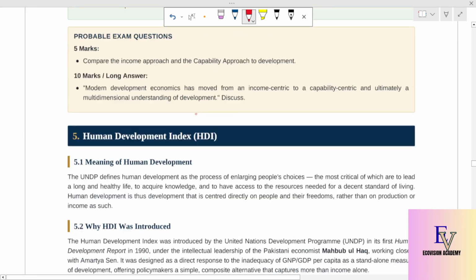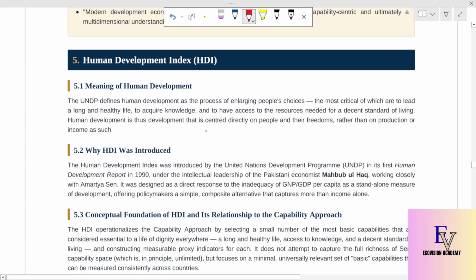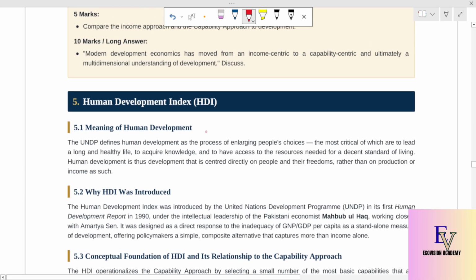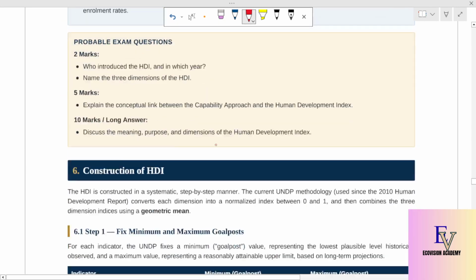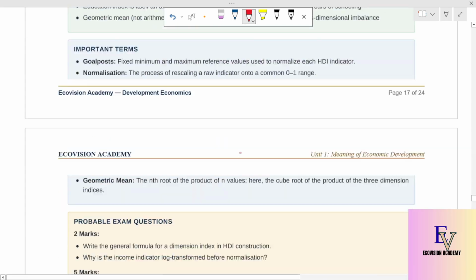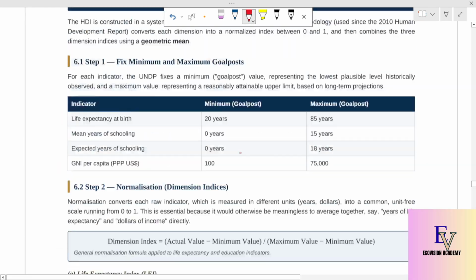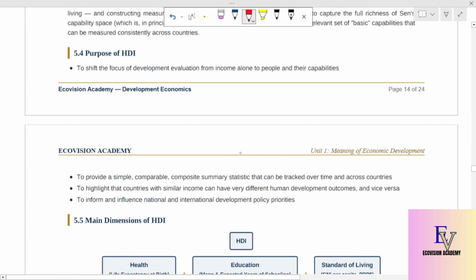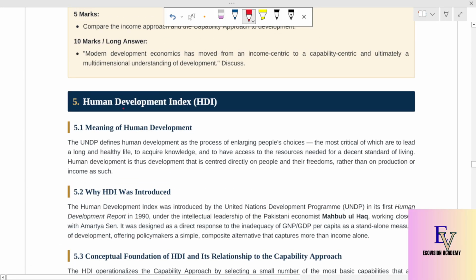Now coming to HDI, the first thing is what is the history of HDI. Okay, there is a huge concept of HDI. I will take HDI in tomorrow's class, that is, the evolution of HDI. I do not know whether I have given the evolution of HDI here or not. No, I have not, but there is a very big evolution of HDI from the 90s to the 2000s. Okay, so first, human development, as per the UNDP, the United Nations Development Programme,